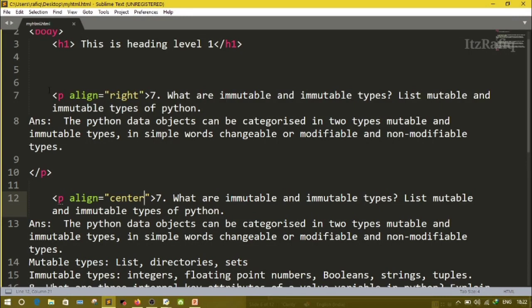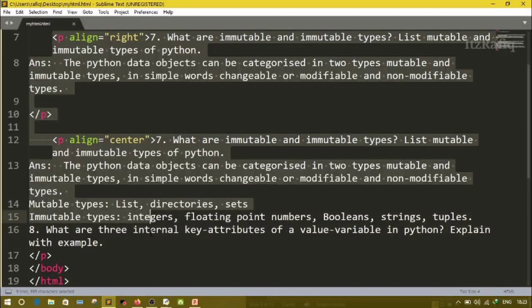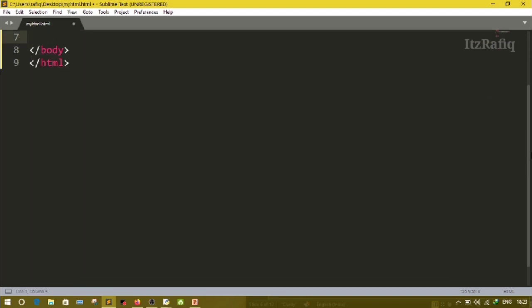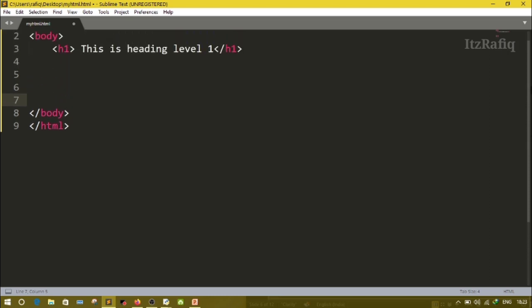BR tag is similar to P tag. It also inserts a new line in our web page. You have studied that a web browser does not recognize breaks. Meaning if we leave multiple spaces or multiple lines blank, and if we open it, then it will just ignore the multiple spaces or breaks. So if we want to give some breaks or insert a new line, then you must enter the BR tag.